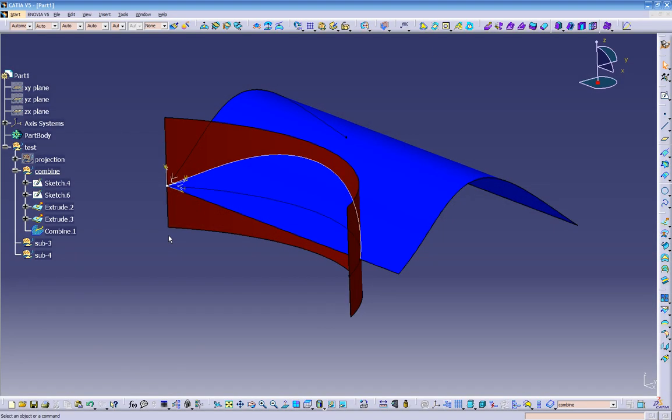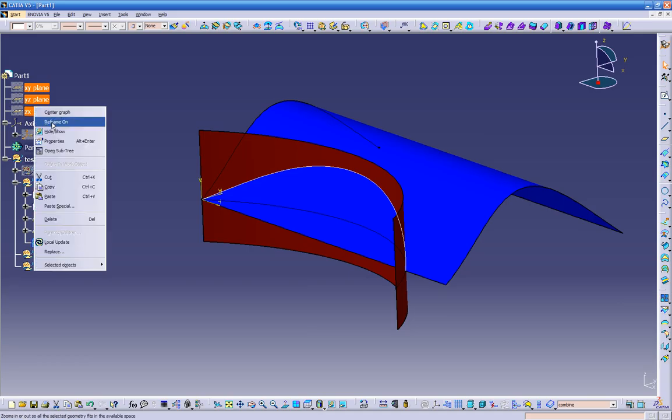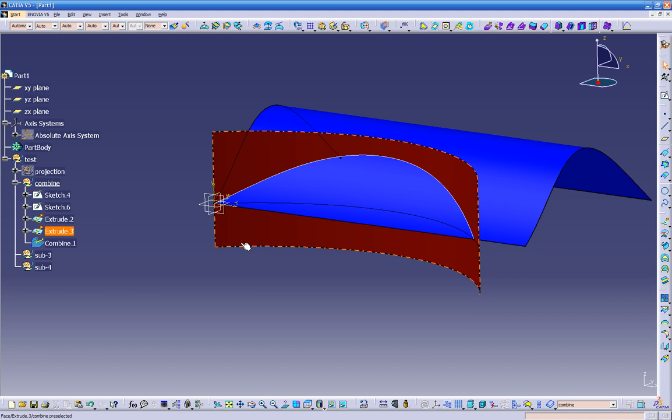I forgot to mention, it's very important for us when we start to see our XYZ, because most likely you never see those axes come in standard. The absolute axis system, it doesn't come in there. Most of the time we see the planes only. That's what we see always, and it's kind of confusing because you don't know what each plane is, and you have to click on the plane to see what it does, and you can see on the screen ZY